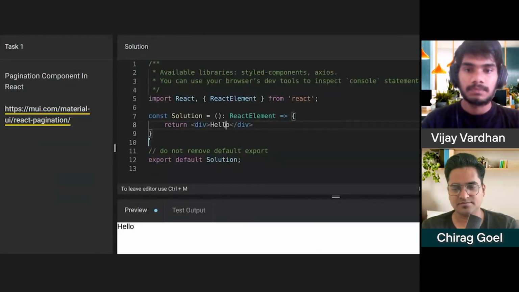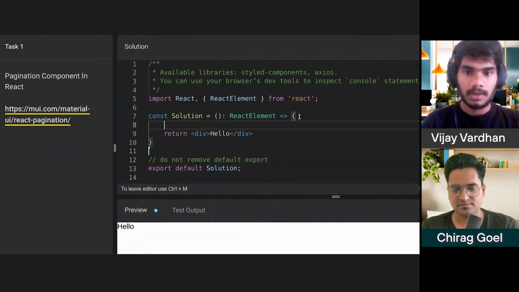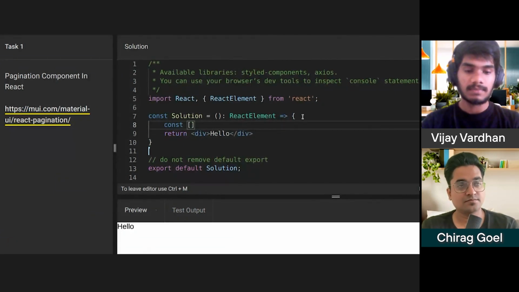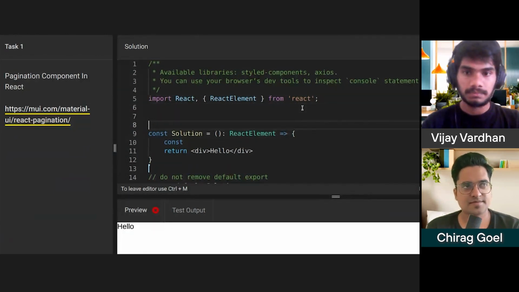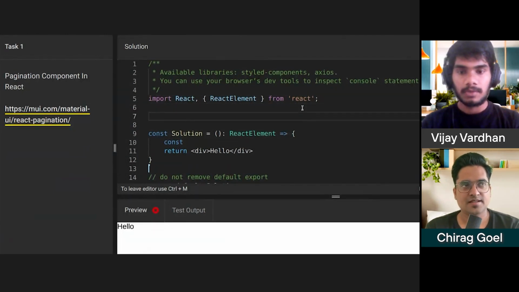Okay. So for now, I'll start with the state, which is going to be the number of pages. Let's create a new component in the same file by name pagination and use it over here. So I'll name it